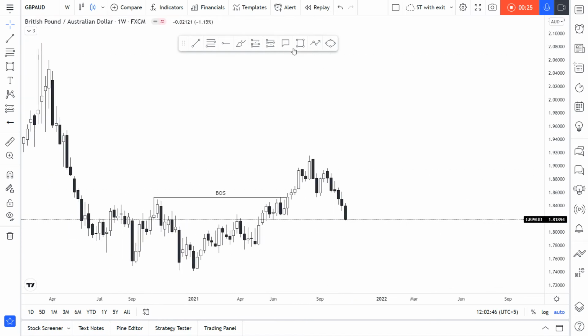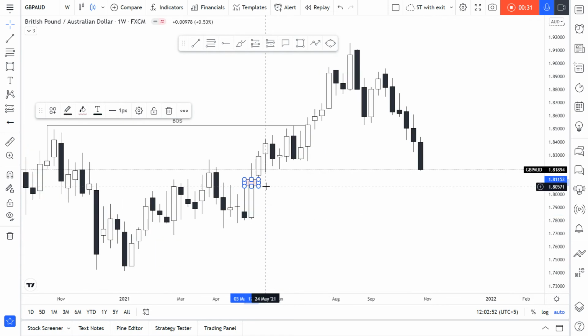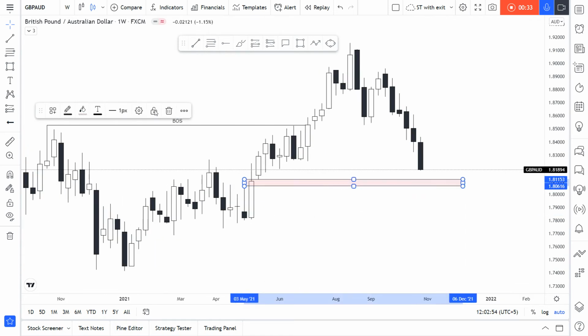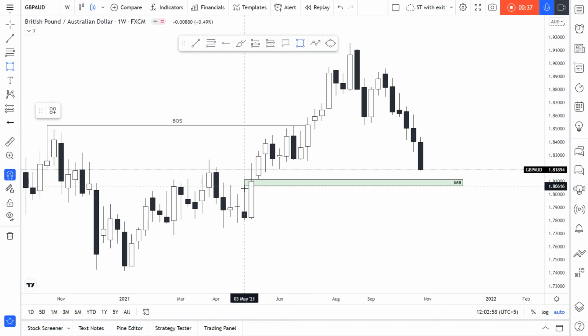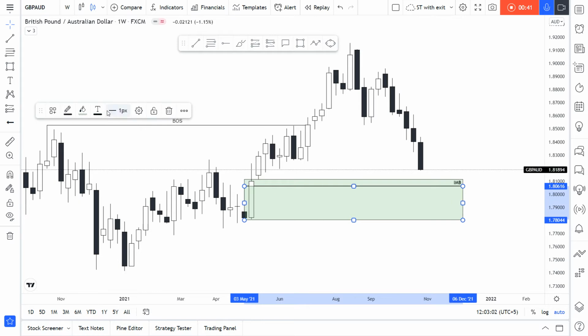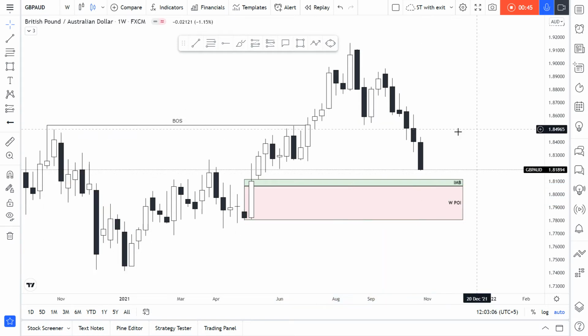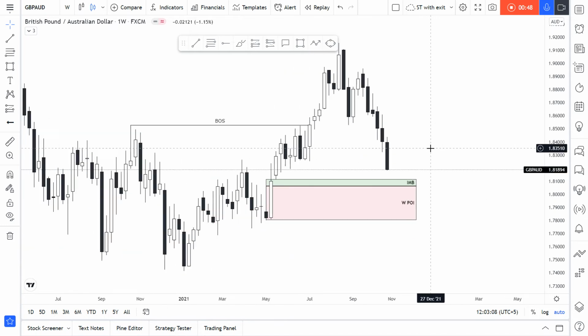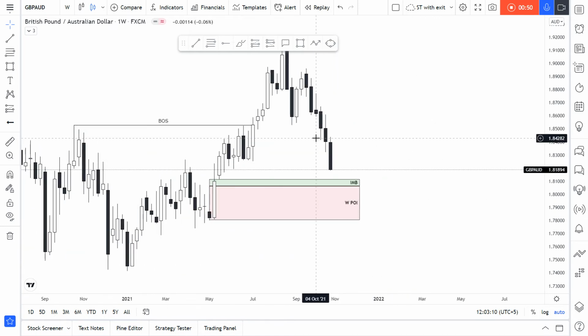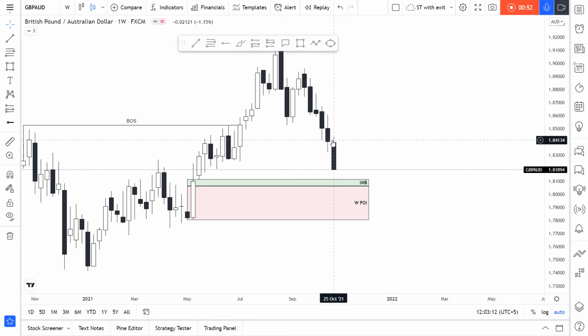Some points we can look at: this imbalance over here, where we can potentially see a bounce to the upside. Below that imbalance we have this strong order block, where in my opinion the price is heading towards. In the next week, as we can see from the previous week's candle, this is a very strong